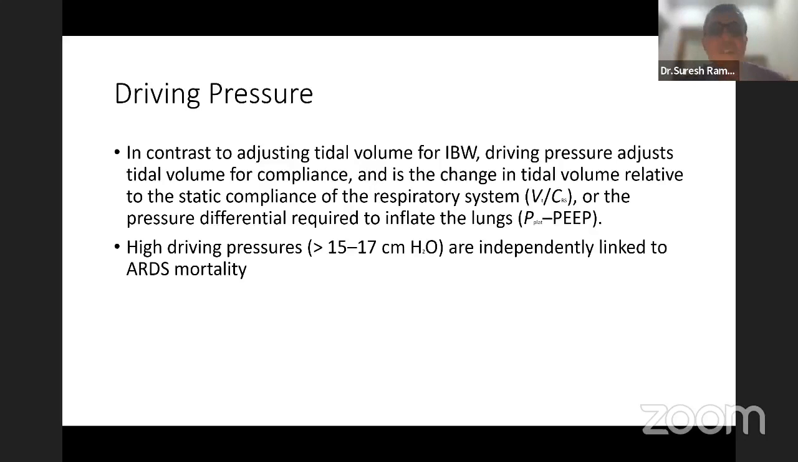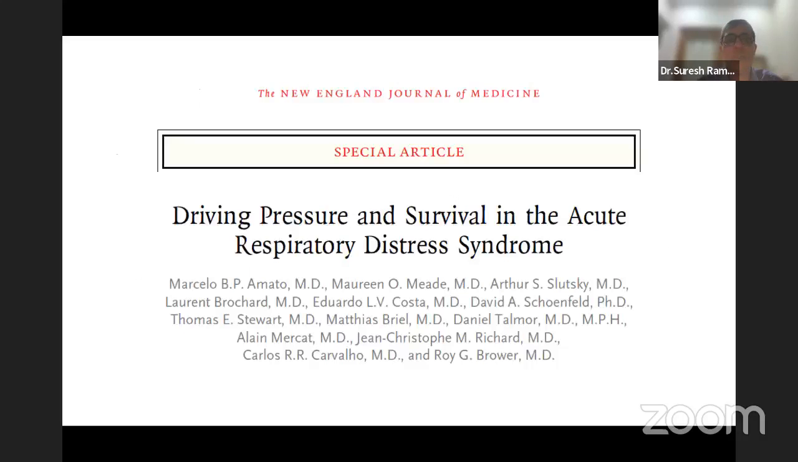So it is a change in tidal volume related to the ideal body weight, while driving pressure adjusts the tidal volume for compliance. And retrospectively, if you look at this data that was published in NEJM, you will see